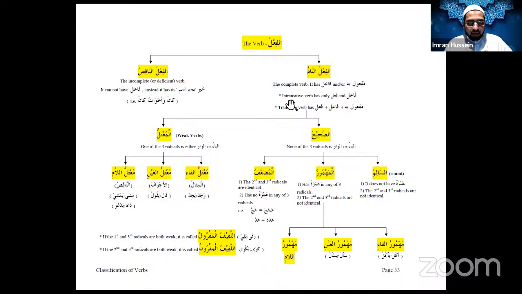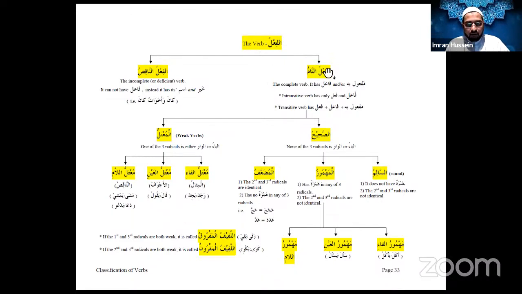This handout, I believe I have sent this out already to yourselves. I'm going to explain this to everyone. And inshallah, hope everyone is able to absorb this information. Now, today's lesson is going to be about verbs itself. There's a lot of verbs in this book, which we are new to in regards to the letters which it contains. Now, in the Arabic language, there are 2 types of verbs.